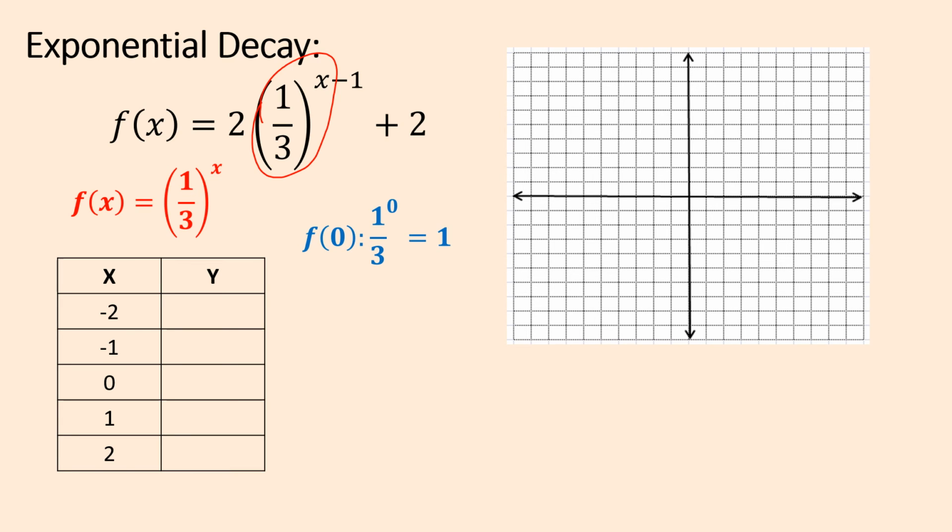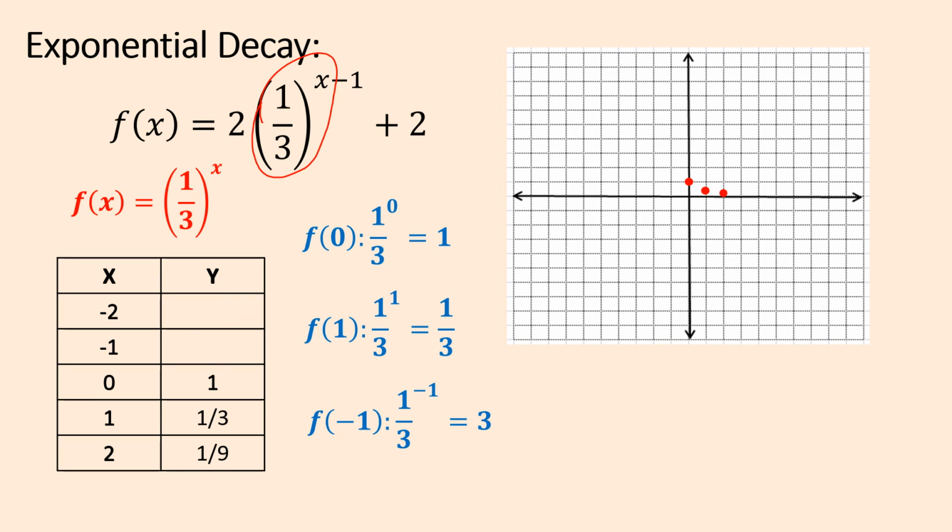And I'm actually going to plug them in this time. So 1/3 to the 0 power, again, we get a 1. I'm going to put that on the graph over there. If I plug in a 1, I have 1/3 to the first power. That's just a 1/3. If I were to plug in a 2, 1/3 squared is going to be 1/9. If I were to plug in a negative 1,